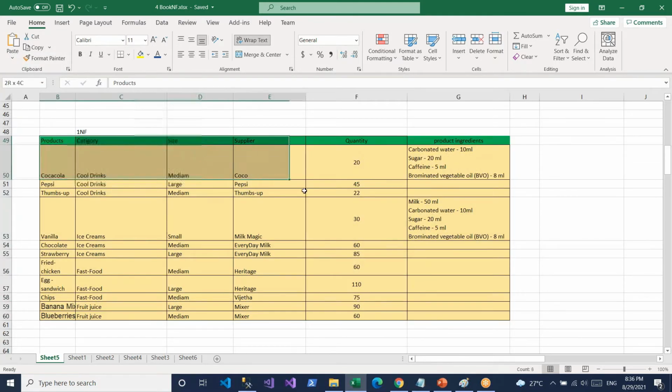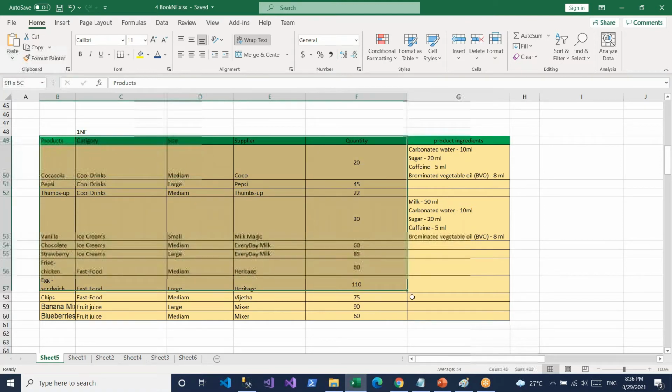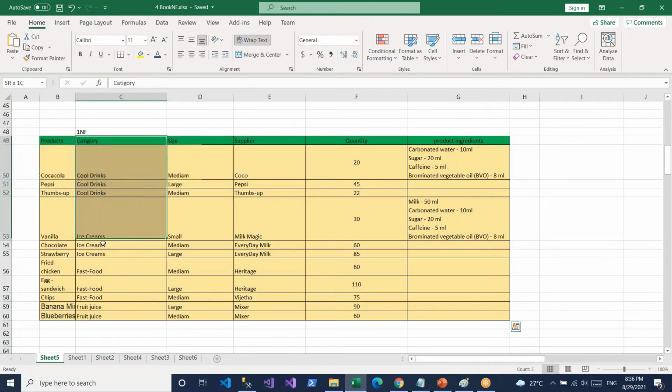If I need to apply the second normalization, see what the rule is: if any column has repeated data, that needs to be made into a separate table. Here, medium is repeated six times, cool drinks three times, ice cream three times, Coca-Cola once, and heritage twice.